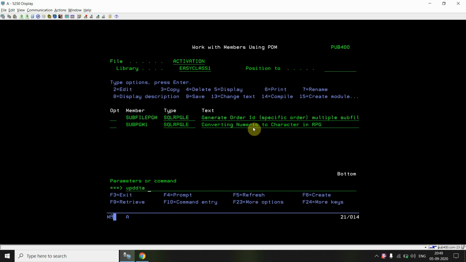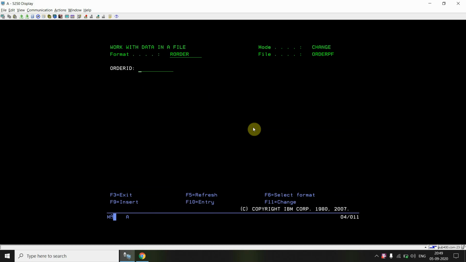UPDATE the order PF, so that I can show you one more condition. For example, I am converting this to 19. Okay, for testing purposes I'm doing this.